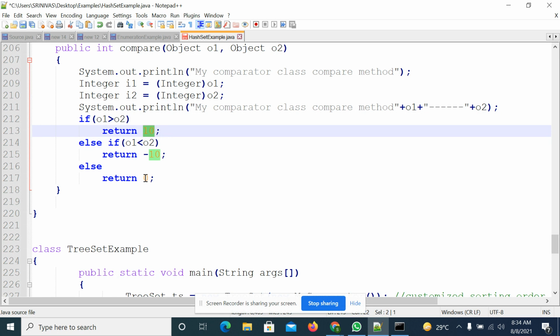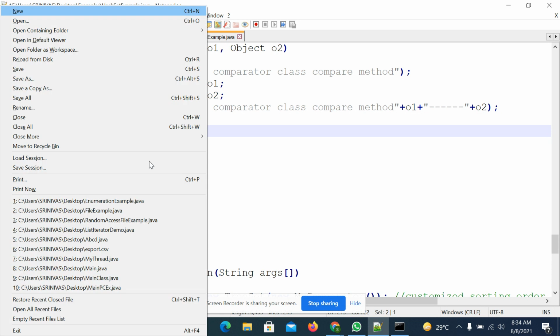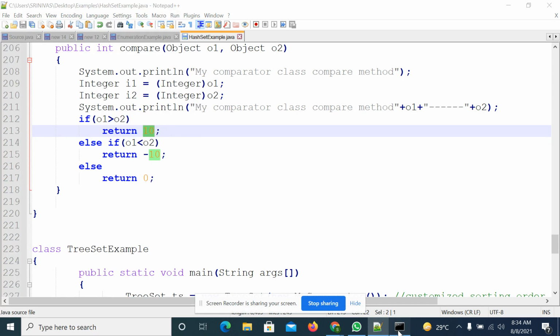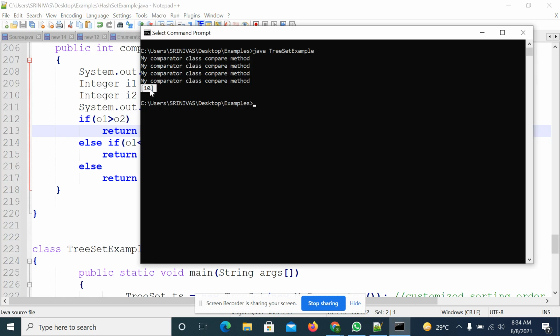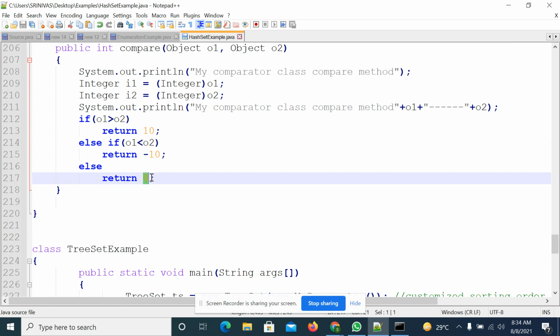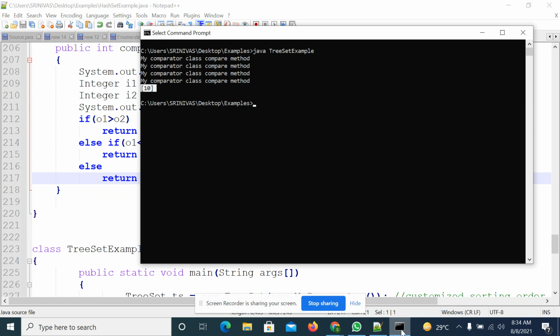Otherwise 0, which means both are equal. If you write the logic this way, you can observe how the elements will be added. In the earlier case, only one element was added. Why? Because we returned 0 only. 0 means in all cases it is comparing, all are equal. So now I am compiling the code. I saved it.